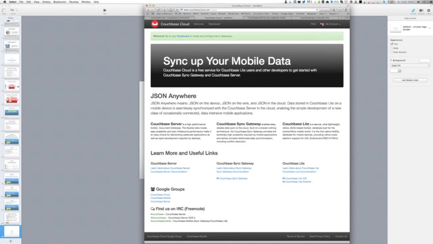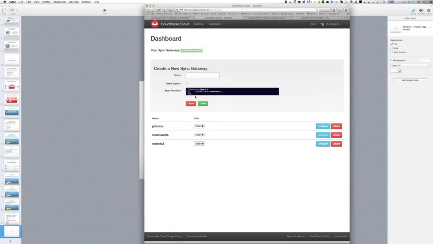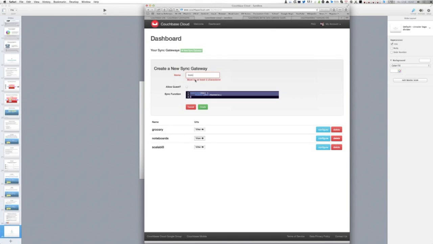It's really just a free convenience service where you can provision a sync gateway, and we take care of the sync gateway allocation and the Couchbase server and the back end behind the sync gateway. So basically you put your sync function in here, provide a name, and there you've got a new to-do list,